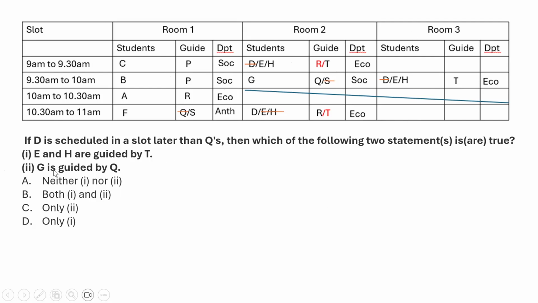This is true. G is guided by Q. This is also true. Right? G is guided by Q. So both 1 and 2 are true. If we will apply this condition, then definitely